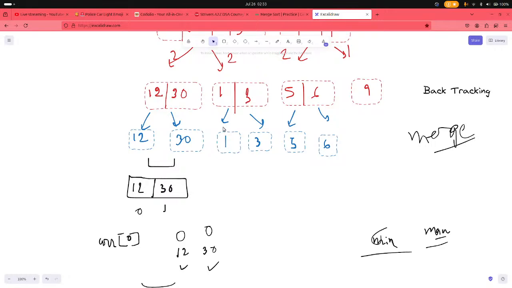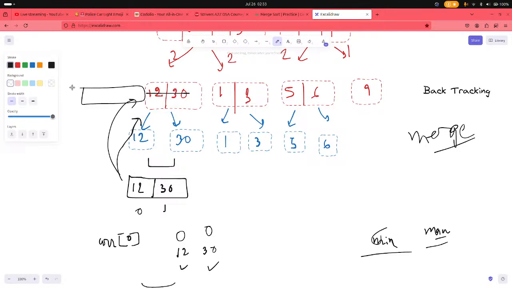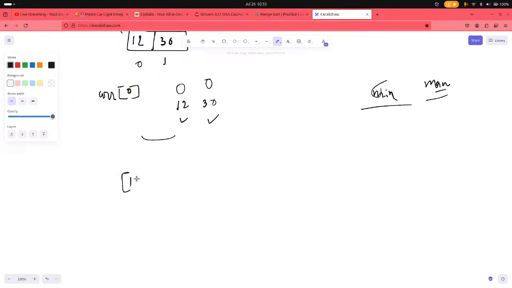Now if I don't do backtrack, so how to do backtrack? Just understand this very well. Okay, I have 12 and 30 here. Now I want to backtrack 12 and 30. So from 12 and 30 I got this value, so we can rewrite it, but I have to write 12 and 30, what I have got after the division process. I don't care if it is similar or not. If it is similar, obviously it's luck for you. Then I will take 12 and 30,